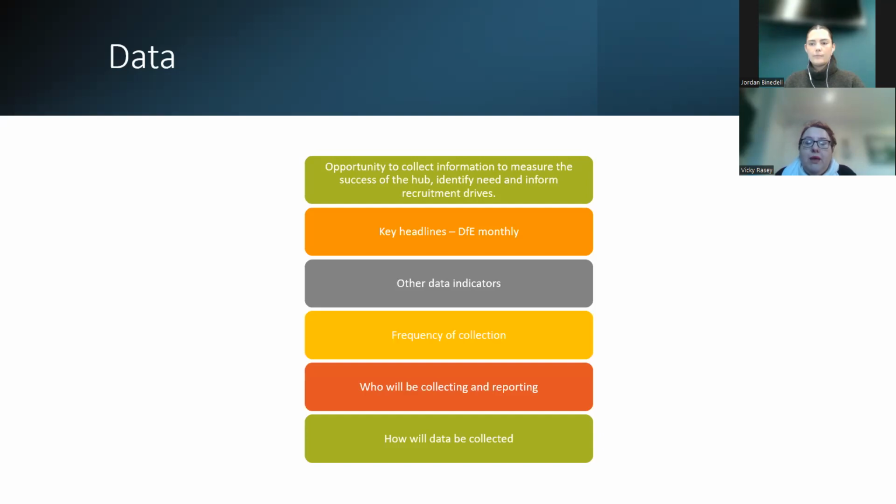There will be a transfer back of data to the hub because we do need to be able to track potential foster carers that have applied, and we need to know whether or not they've gone on to application, assessment, and approval. So there is a two-way share of data within that, and we are in the process of working on that information sharing agreement and the information governance that surrounds that across all your local authorities.